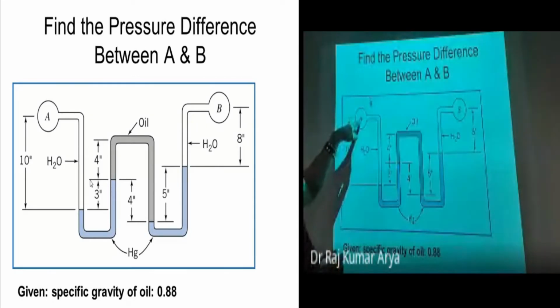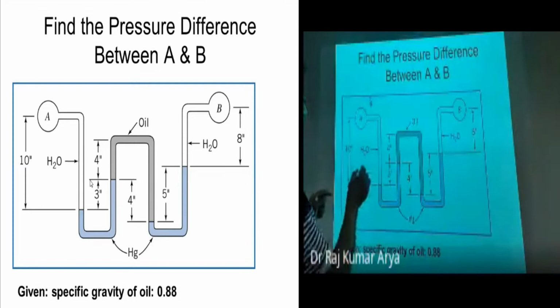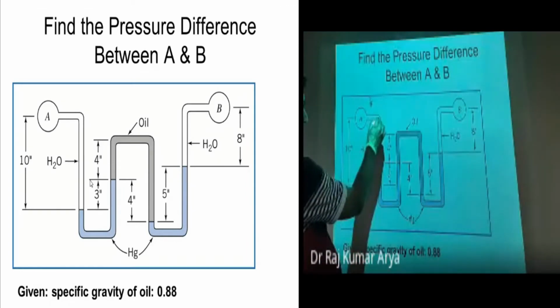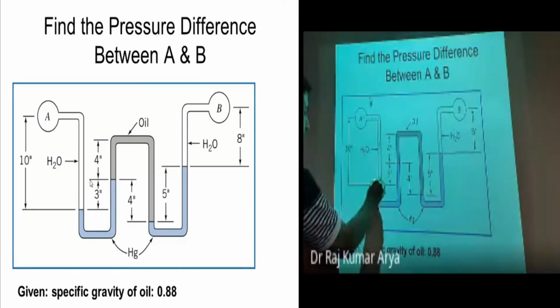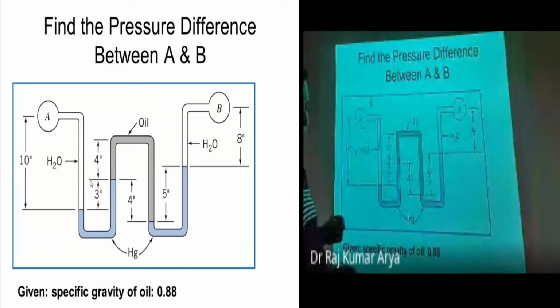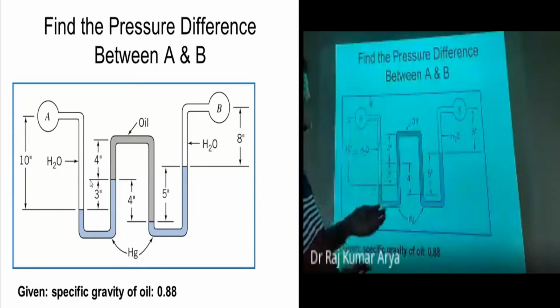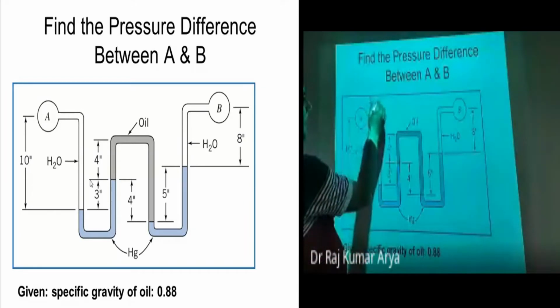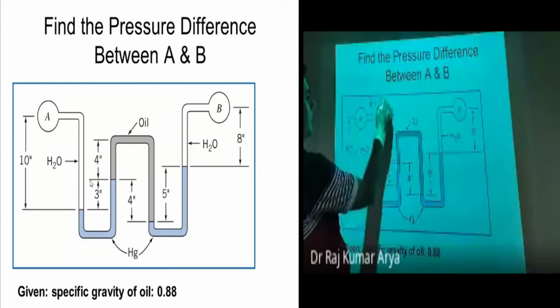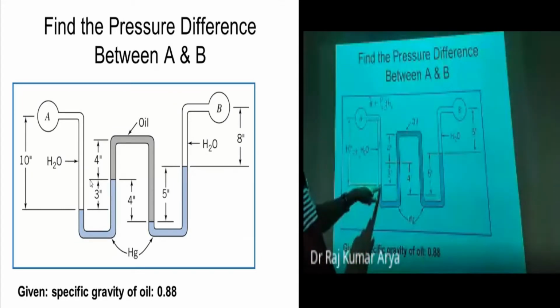Okay, at this particular point. After that, you move horizontally in same fluid, no change in pressure. Then you bend down by this particular value actually, this much. So let's say this we have given the name here H1. So this much you are coming down in water. So it means your pressure is going up. So you are just adding here that rho 1 G into H1. So this much is the pressure at this particular point here.